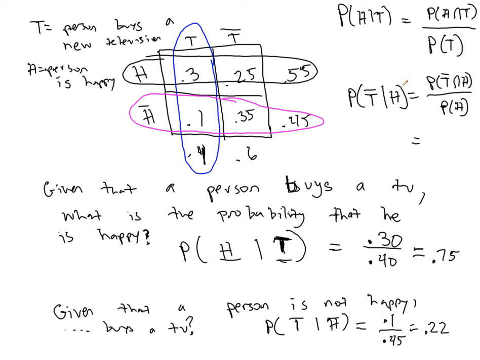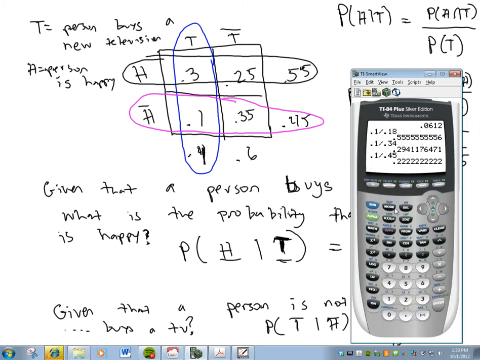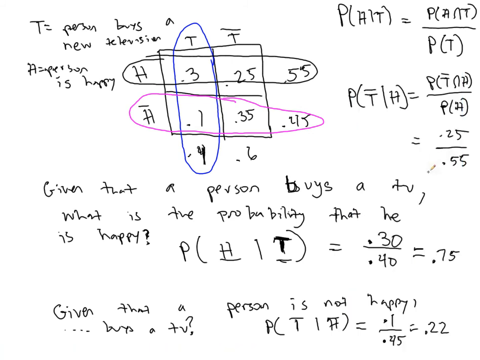But in any case, that would in this case be the probability that you're not going to buy a TV and you are happy, which is 25%, divided by the probability that you're happy, which is 0.55. That is 0.25 divided by 0.55, which gives us 46%. So you probably will not buy a TV if you're